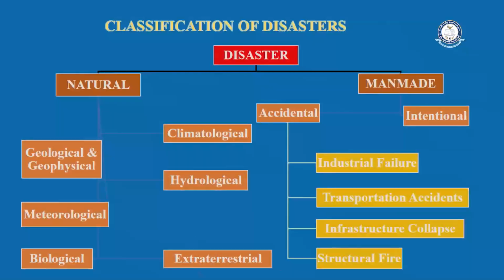In the accidental category, you may see industrial failure, transportation accidents, infrastructure collapse and structural failure. Okay, so this is the glance of the classification of the disaster. The next one is the types of natural disasters based on the source of hazards, like